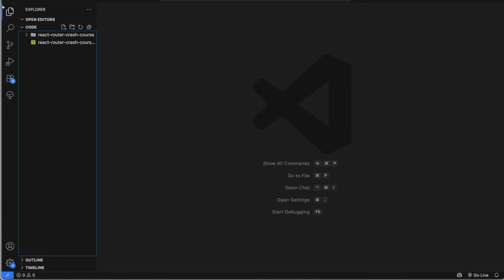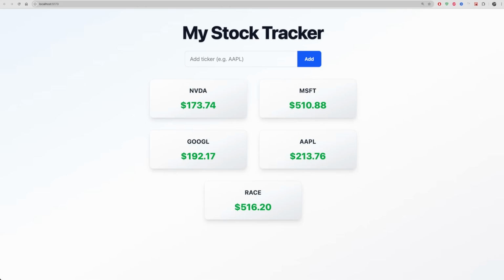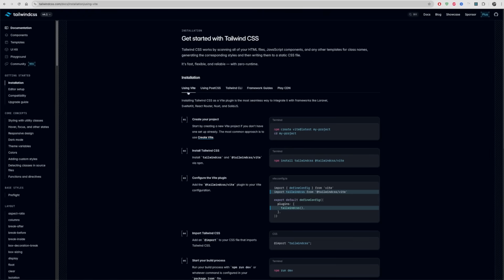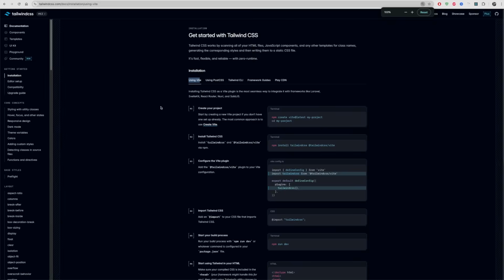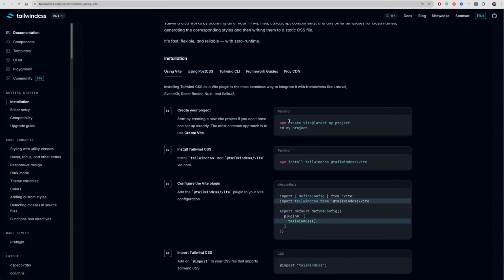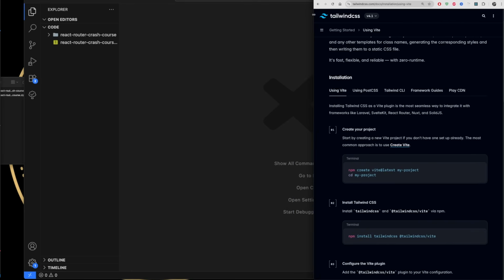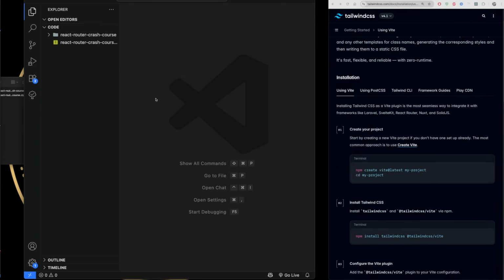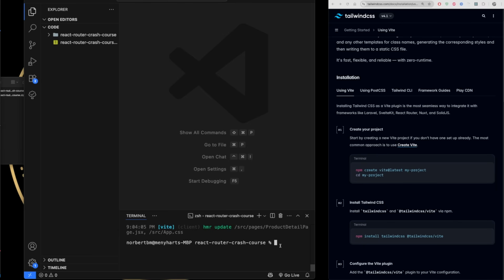So what we are going to do, we're going to first of all go to tailwindcss.com and click here on get started. And from here we're going to zoom in a bit, using Vite to set up our project. So we're going to create a project using Vite at latest. Just going to drag this to the side, come here into my project, open up the terminal, control tilde, and